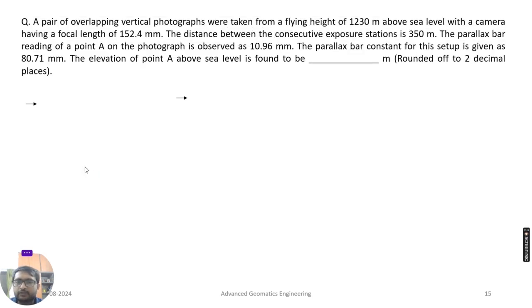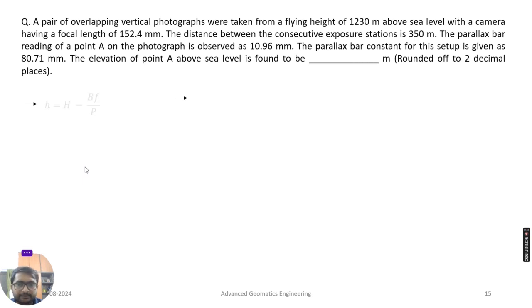Now we will solve one more question on the same concept. A pair of overlapping vertical photographs were taken from a flying height of 1230 meter above sea level with a camera having a focal length of 152.4 mm. The distance between the consecutive exposure stations, which is the baseline distance, is 350 meter. A parallax bar reading of a point A on a photograph is observed as 10.96 and the parallax bar constant for this setup is given as 80.71 mm. The elevation of point A above sea level is found to be,